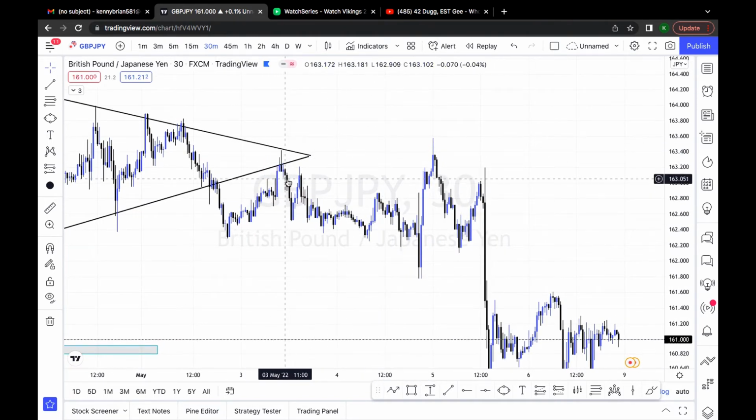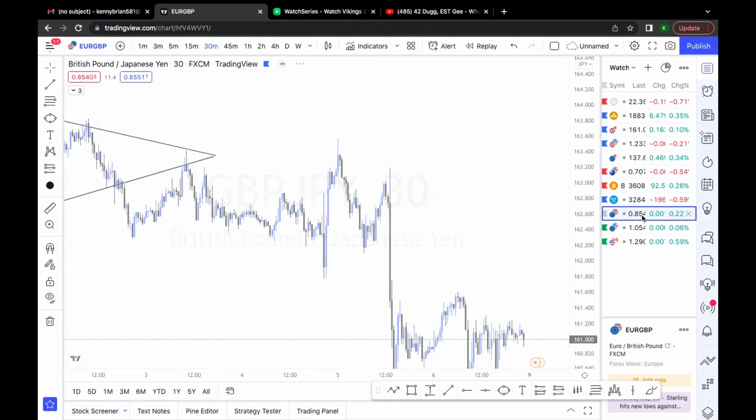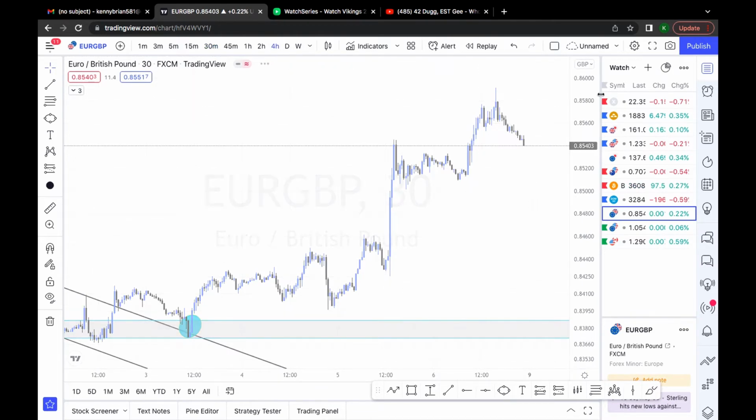So now let's look at the descending triangle, right? You guys remember the ascending triangle I showed you, right? Now we are going to be looking at the descending triangle for our